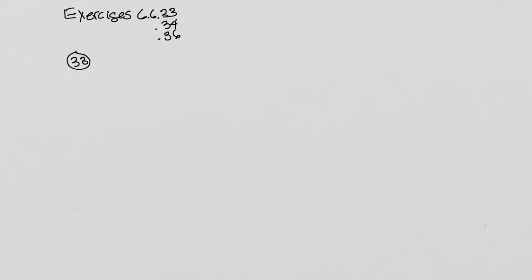Problem 33 tells us that we have, looks like, two urns. We've got urn 1, so let's draw urn 1. We'll label it urn 1. And in urn 1 there are 5 red balls and 5 white. Okay, 5 red and 5 white. And then in urn 2,